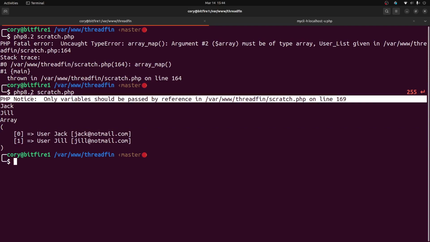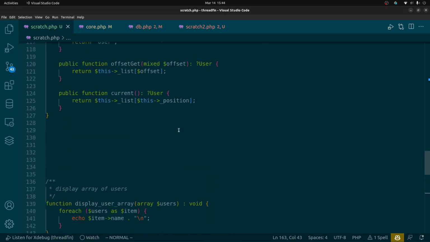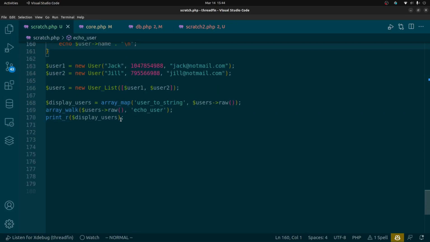Now, an interesting thing happened. We have a PHP notice: only variables should be passed by reference. This can easily be fixed by changing the raw method to return a reference. This tells the PHP interpreter that we're actually returning not a scalar value, such as a string or an integer, but that we're returning an array to an underlying data structure. Now, this is a little dangerous because these functions can now change the underlying data structure. They always could. Anytime you return or pass an array, the underlying data structure could be changed